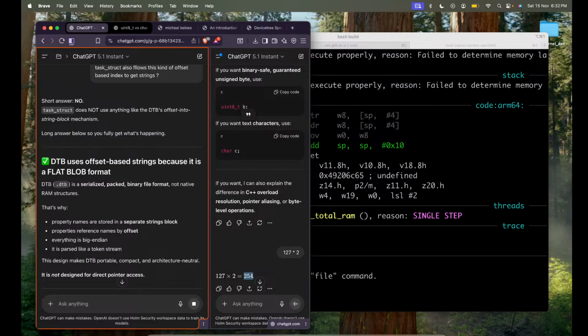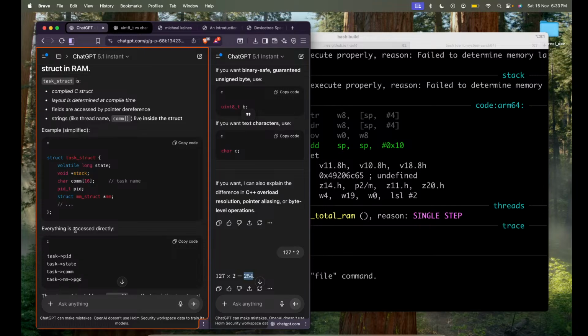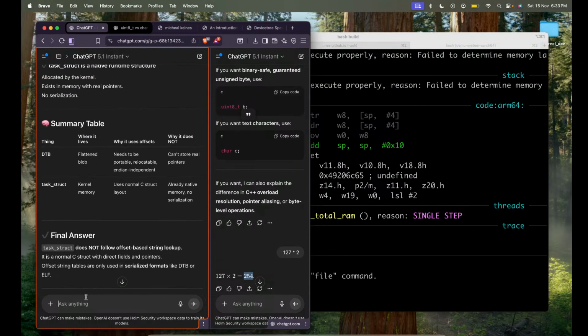Then where did I see that? I remember somewhere I've seen this kind of structure in Linux. Do you have any examples of other